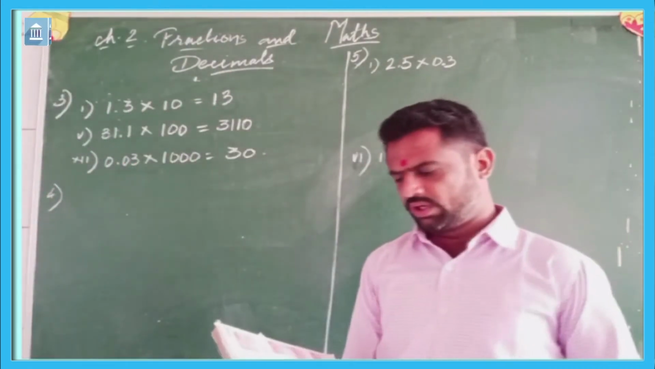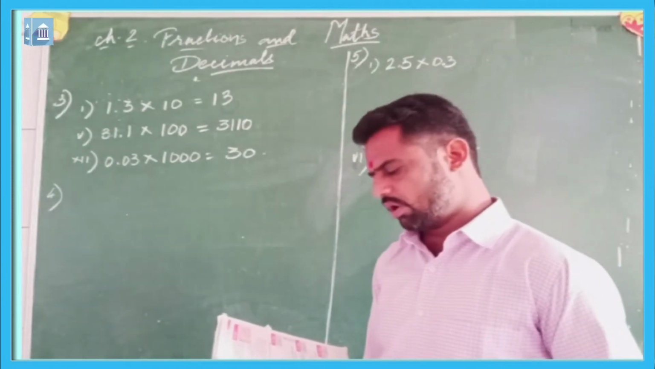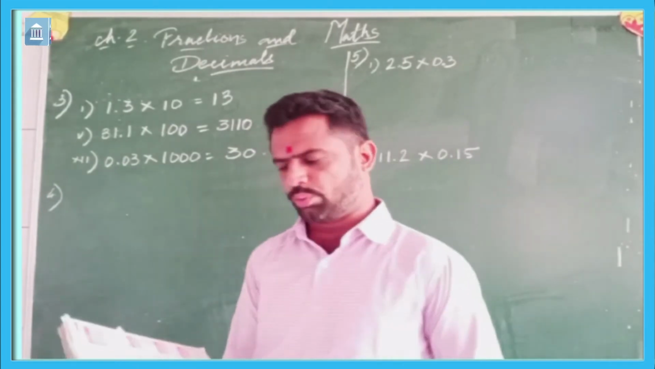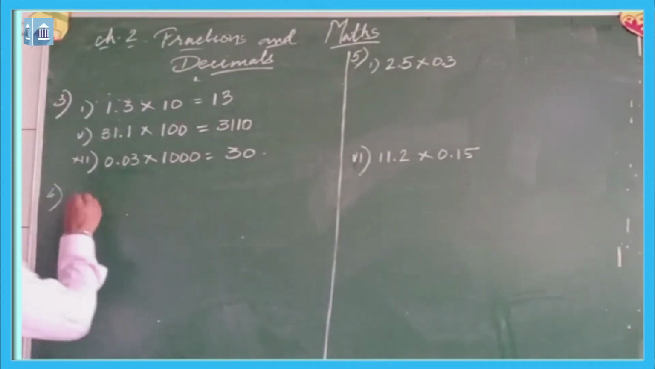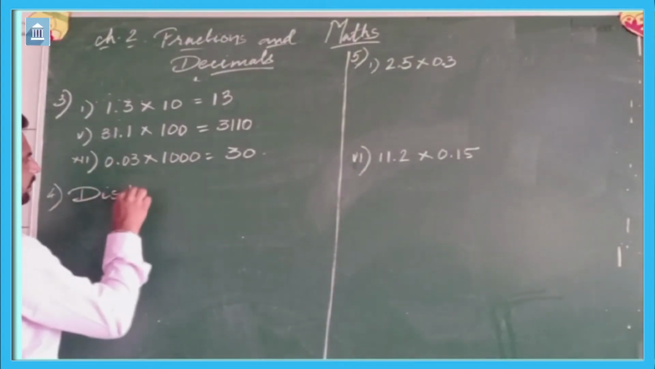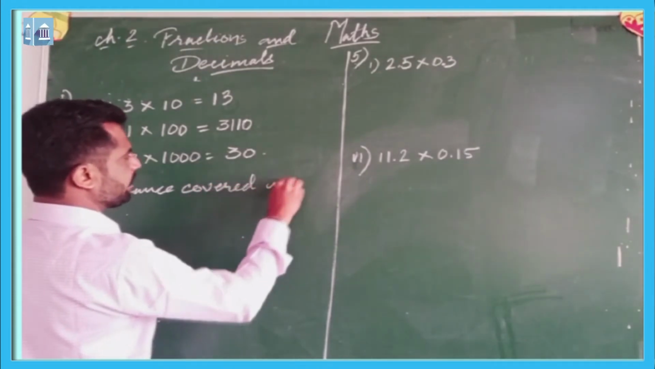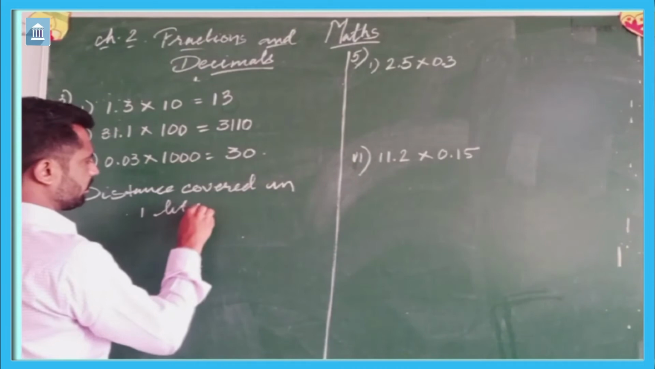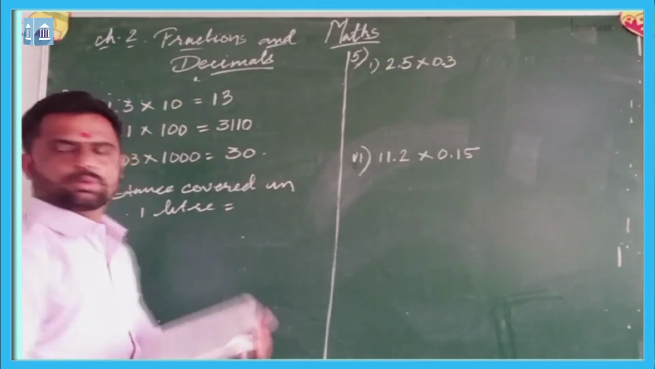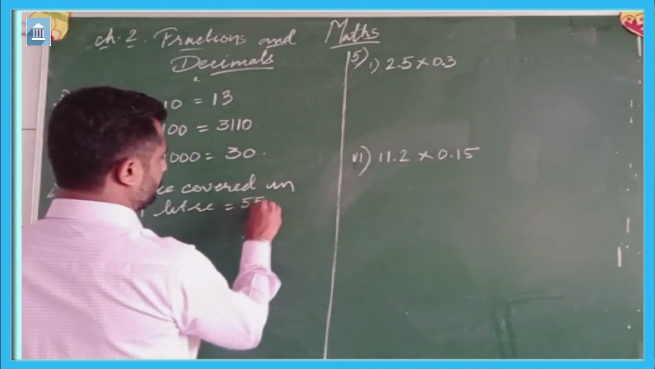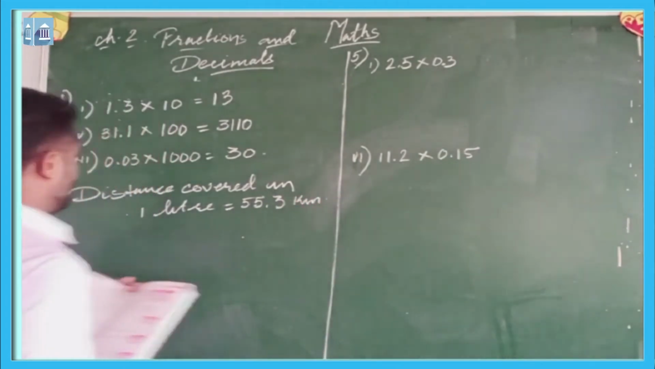The two-wheeler covered a distance of 55.3 km in 1 liter of petrol. How much distance will it cover in 10 liters of petrol? So, distance covered in 1 liter is equal to 55.3 kilometer. Therefore,